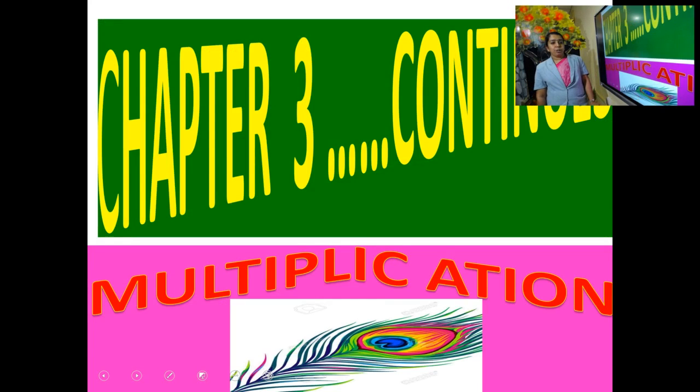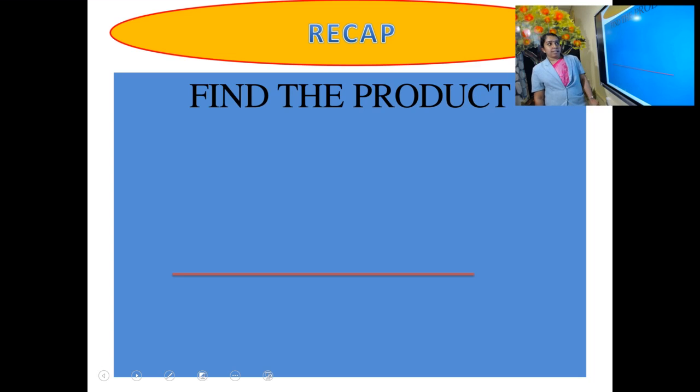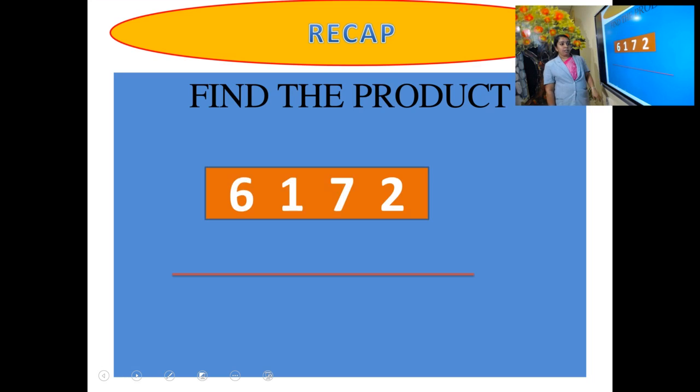Here we are continuing chapter 3. Last class we learned the multiplication of 3-digit or 4-digit numbers by a 1-digit number. So this is the revision. For revision, the question is